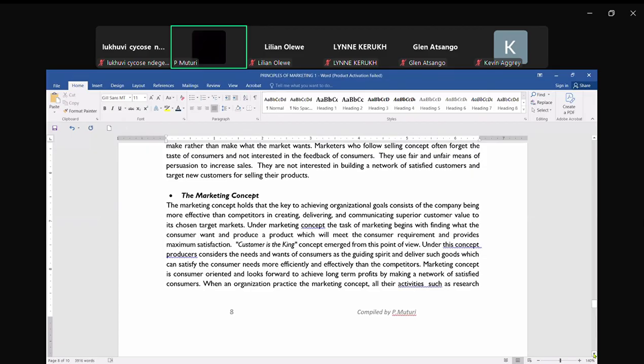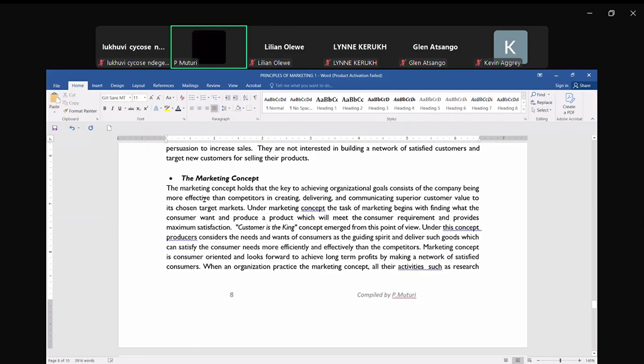So here now, towards a more comprehensive philosophy or concept of marketing, is that the task begins with identifying the customer needs and wants and producing your products in a way that responds to those customer needs and wants. When this concept became common in the business world, the mantra or the major understanding was customer is the king. Customer is the king. So that tends to be the embodiment of this concept, that the customer is the king.